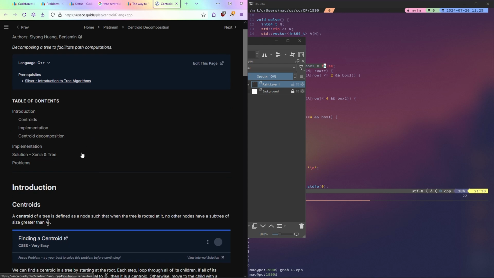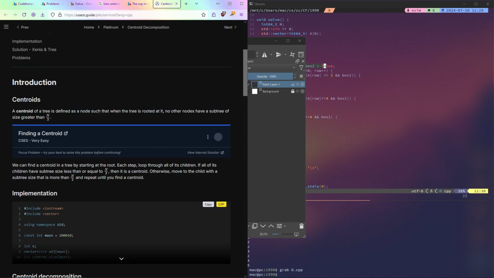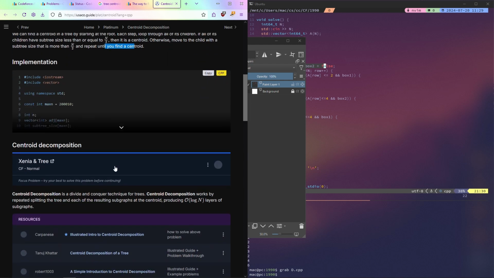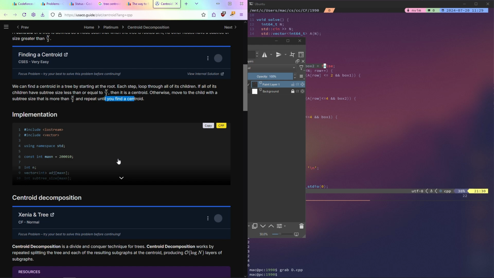So, yeah, okay, I think I'm on the right path here. The centroid is defined as the node that when the tree is rooted there, no other nodes have a subtree of size greater than n/2. So that's perfect. We can find the centroid of a tree by starting at the root. Otherwise, move to the child with a subtree size that is more and repeat until you find a centroid. Okay, but how do you decompose it into